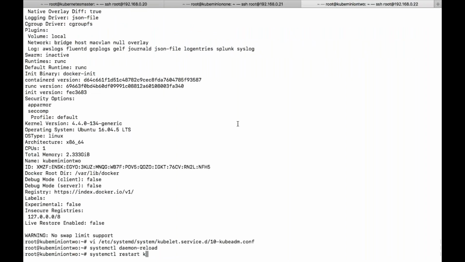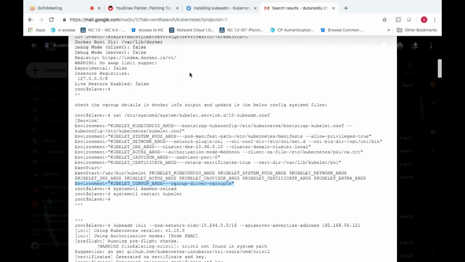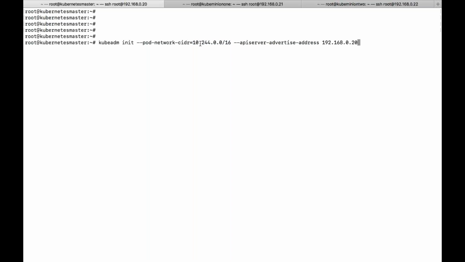Kubelet. Yeah. Now we need to take this particular node and bootstrap it. Let's try to do it right now. Bootstrap in the sense that now you are making this particular node a master. Just replace with your own IP address, and here we are taking this particular CIDR value for the pod network. I'll tell you what a pod is later, but when you create pods, they will be assigned IP addresses from this CIDR value.